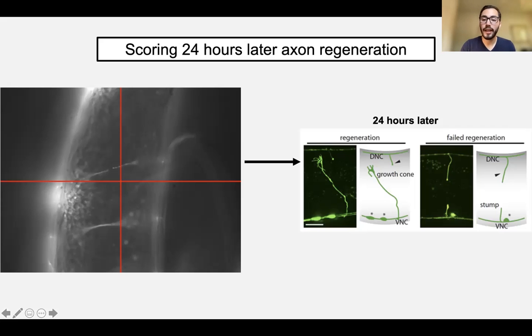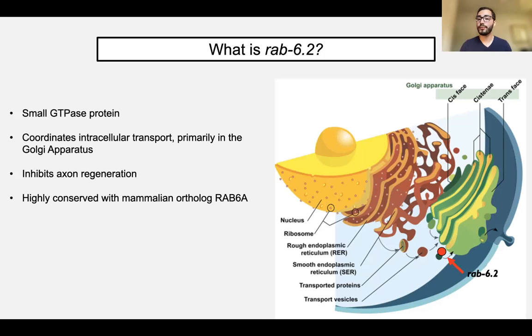And I do this by looking for signs of regeneration. Mainly the two signs that I look at are if the axons have grown past the area that I've cut, or past the midline, and if they exhibit a structure called a growth cone. And this is a web-like protrusion that looks sort of like a hand reaching out to try to reconnect. And axons that have these structures, I score as positive, and those that don't, I score as failed or no regeneration.